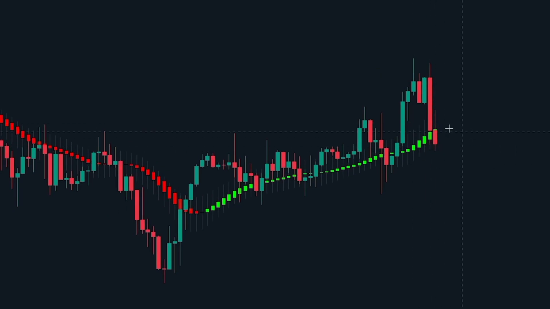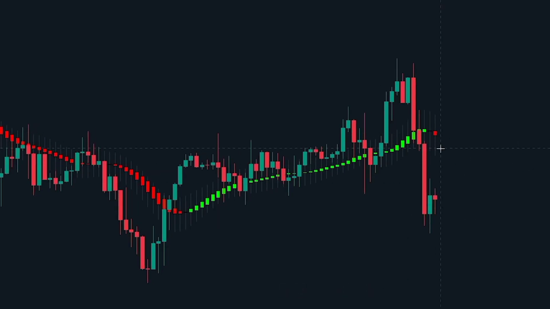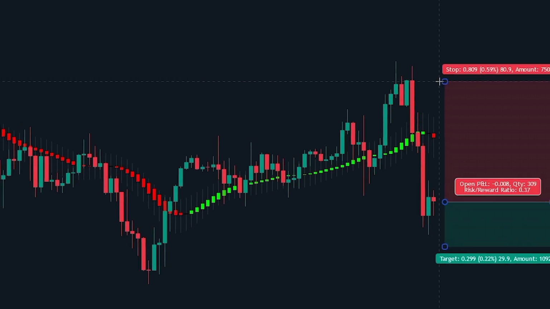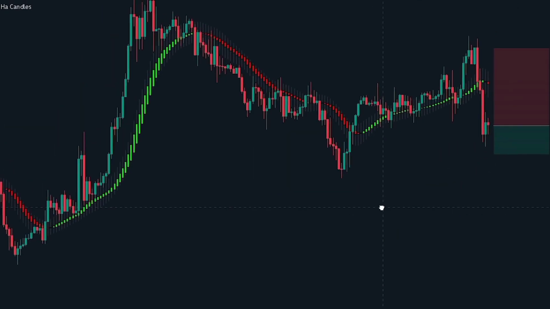Before entering, let's first wait for the HA candlesticks to turn red to confirm the signal. As you can see, this occurs here, so let's now enter into the position. We will be placing the stop loss at the recent swing high. For the take profit, we will be targeting a recent swing low, aiming for a risk-to-reward ratio of at least